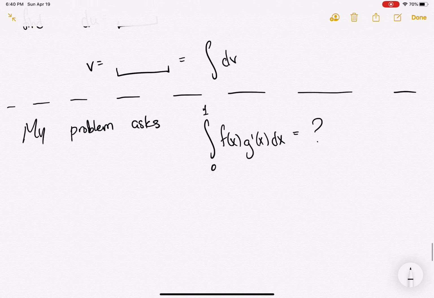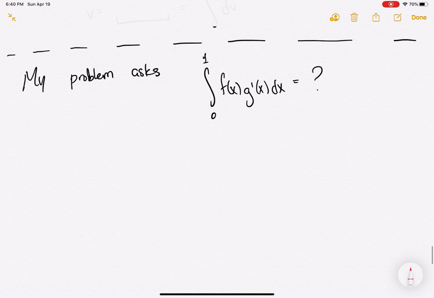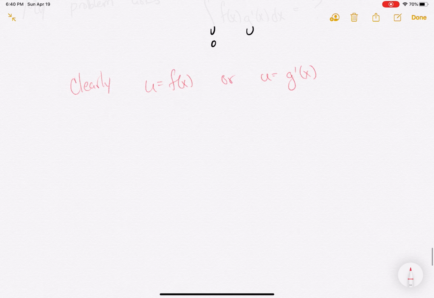Well, if I'm going to integrate, so let's just throw it out here like this. Clearly, u equals f of x or u equals g prime of x. If u equaled f of x, then,